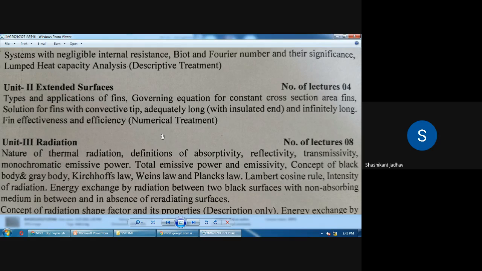So only one way to improve the rate of heat transfer remains, that is to increase the surface area. So what way do we have to increase the surface area? For that we have to use extended surfaces. We have seen this in the electrical motor. On that electric motor there are different fins.